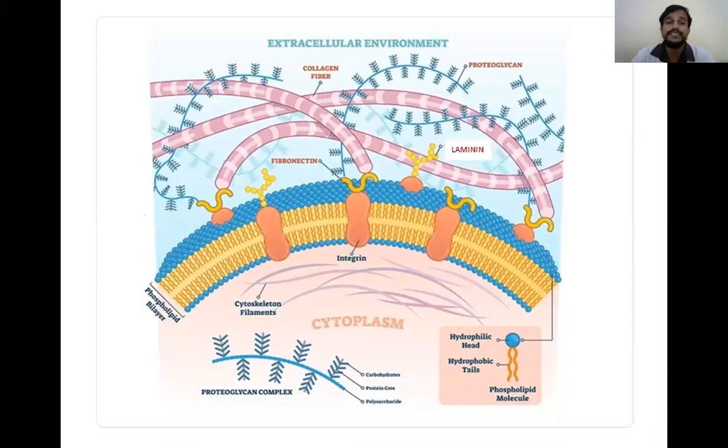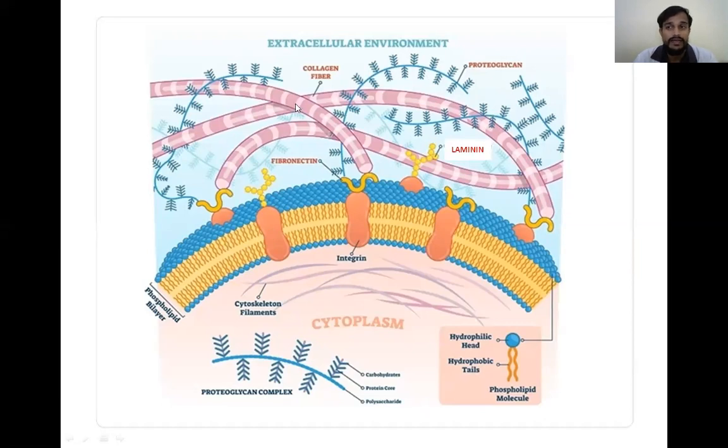So here in this picture, you can completely see the cell membrane. This is the cell membrane, and this is inside the cell, and this is outside the cell, that is extracellular matrix. And in this, you can see all the macromolecules, that is the components of the extracellular matrix. The important component is proteoglycans. Here you can see the proteoglycans is nothing but a complex of core protein and glycosaminoglycans. And you can see the collagen.